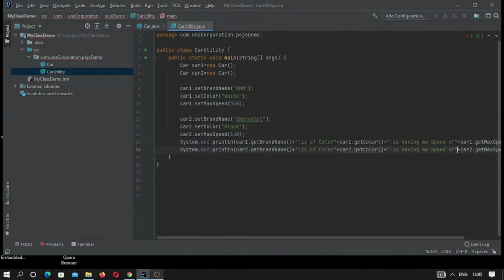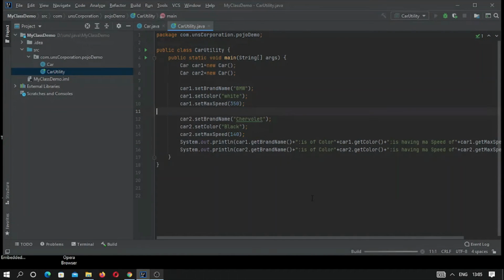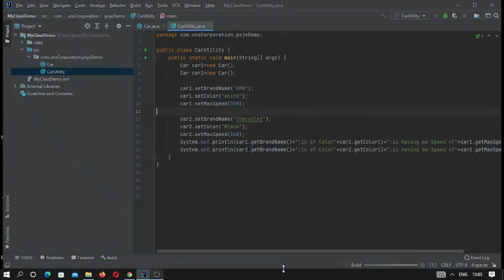Okay, so now let me run. So from here, car utility dot main, and we are just running. Let us see what happens. It is taking a little bit of time.